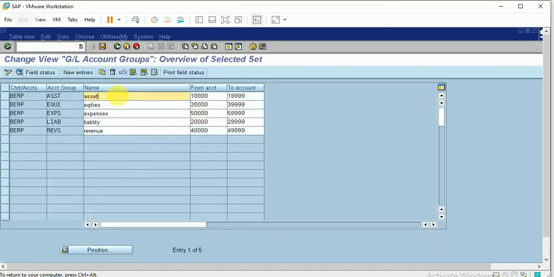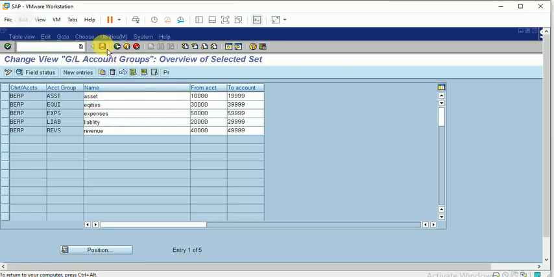For the asset accounts, my GL account starts with this number and ends with this number. And for equities, it starts with 30000 and ends with 39999. Likewise, I have made the settings for my account groups. Whatever accounts I create under the group asset take the account number in this interval.